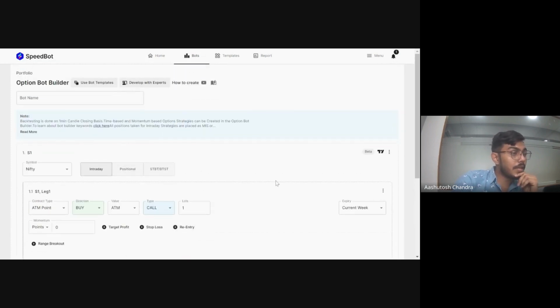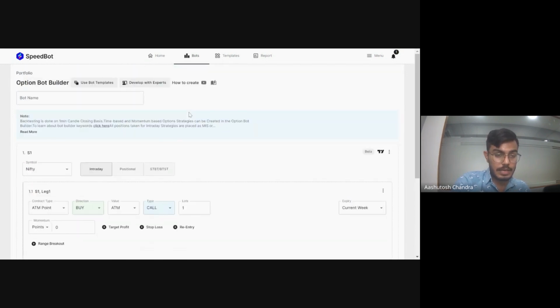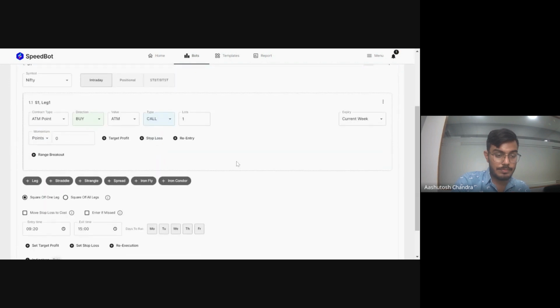Okay, so next up: I have a strategy that is based on an indicator that is being checked on the underlying, and I want to trade the conditions in options. Just to reframe the question, currently this gentleman, Mr. Ilesh, has a strategy in the option segment, and he wants to check the underlying conditions on the spot chart, have the indicators placed over there, and based on the indicators take the positions. So in that case, what he can do is come over here in the option bot builder,